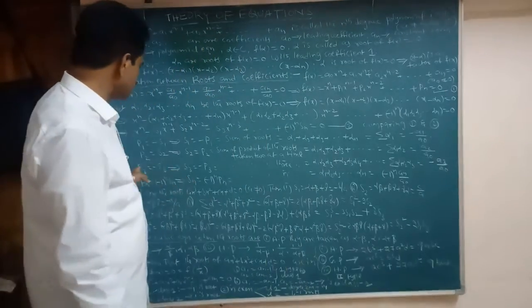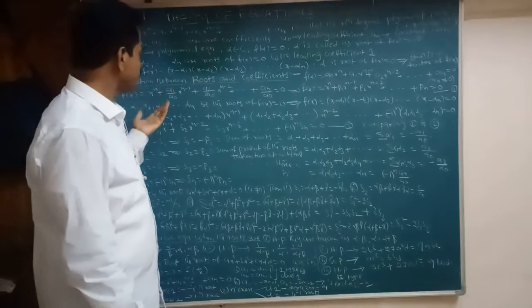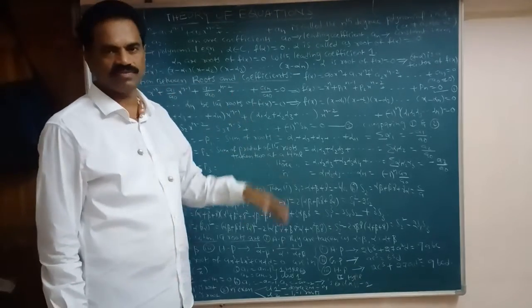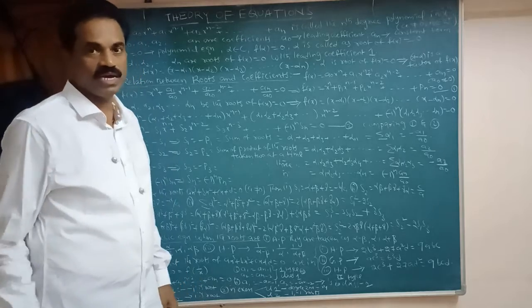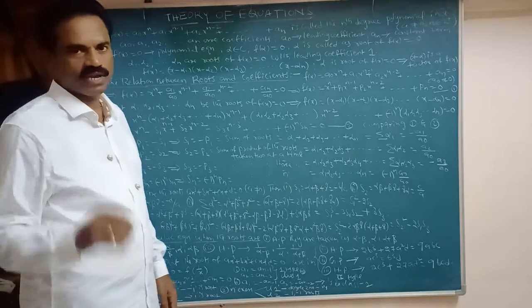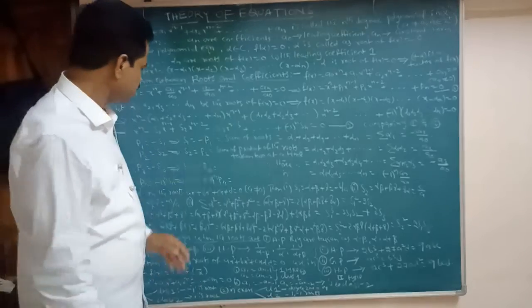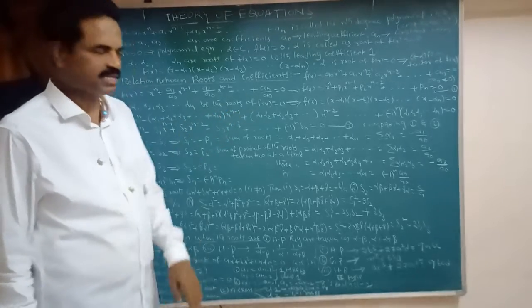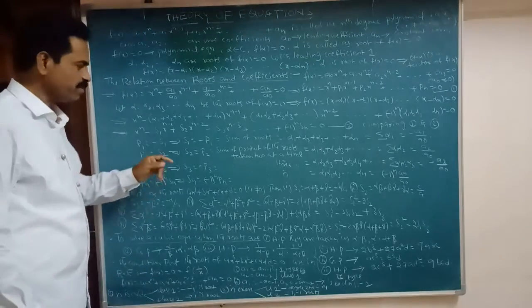Here taken S3 equal to, taken 3 at a time. Alternate minus plus like this will come, because minus 1 power n is there. If n is even, it will be plus. If n is odd, it will be minus. So that's why plus minus like this will come here. So P3 equal to minus S3.